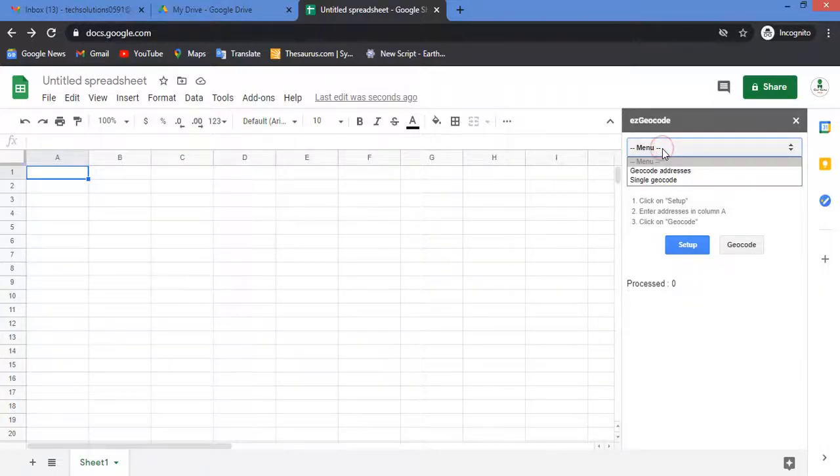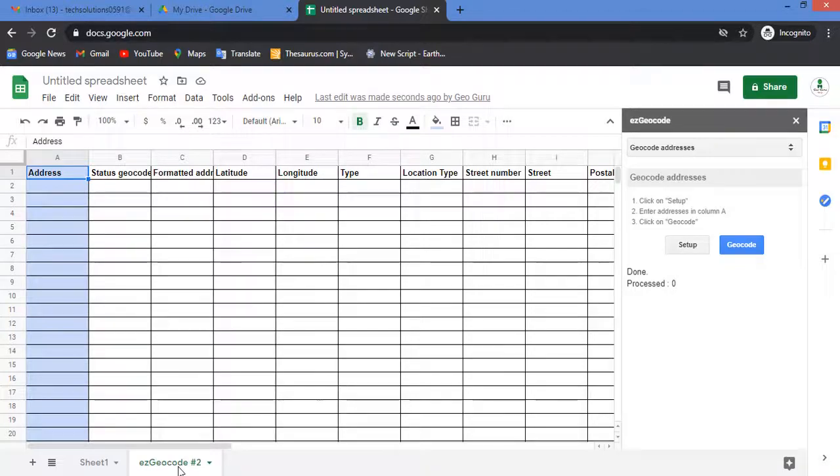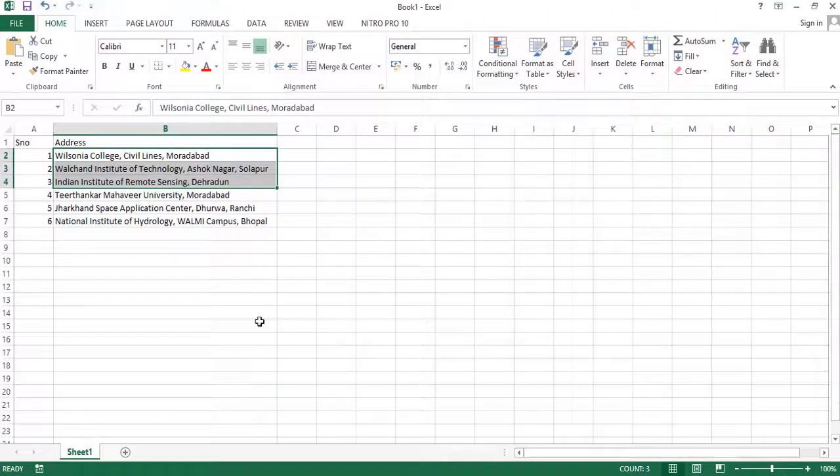Here it is written "Geocode address", and we click on Setup. Automatically another sheet will come up in which you can paste your addresses. I've written down my addresses here.